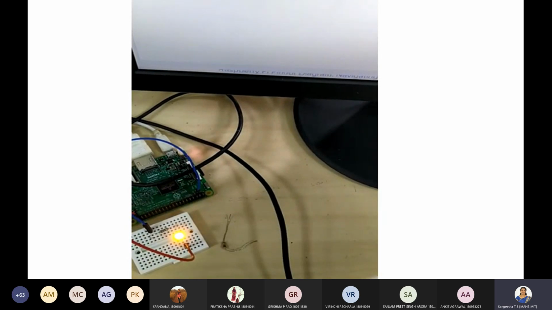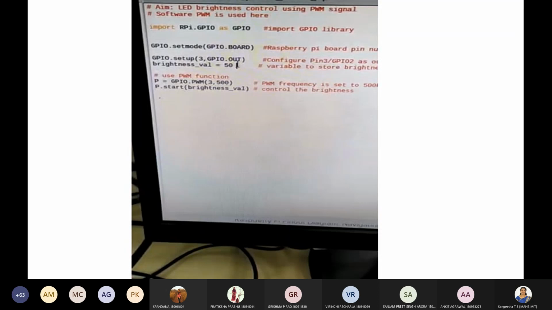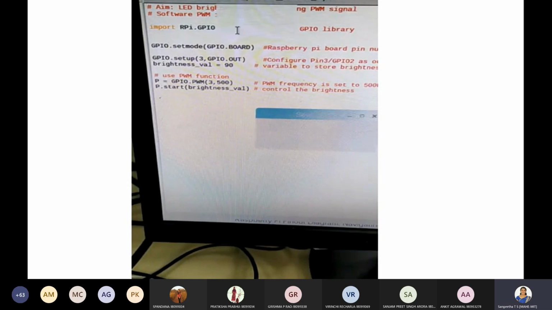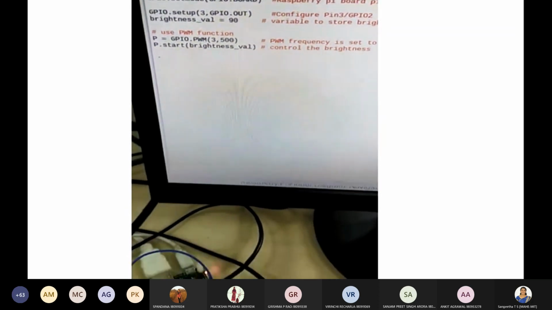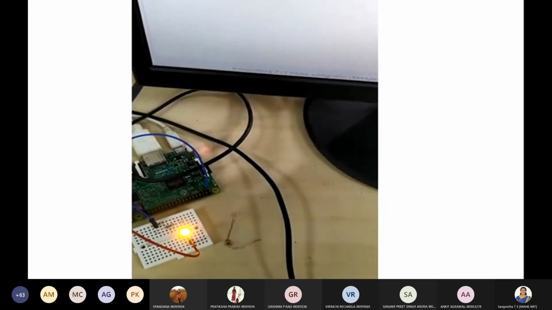Then 90% brightness. You can see the difference again.